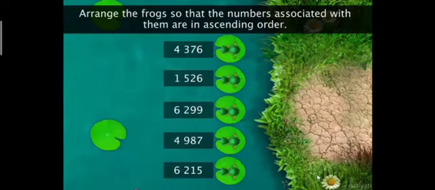So students, now let's take another example to understand how to arrange numbers in ascending order. So the first rule was, we will check if all the numbers have an equal number of digits or not. So here we will check, in all these numbers we have 4 digits. All have 4 digits, so we have to check for the next rule. If a number had 3 digits and the other numbers had 4 digits, then the 3-digit number would be the smallest, and we would not need to check further for that number, only for the remaining numbers. But here, since all numbers have 4 digits, we will check further.